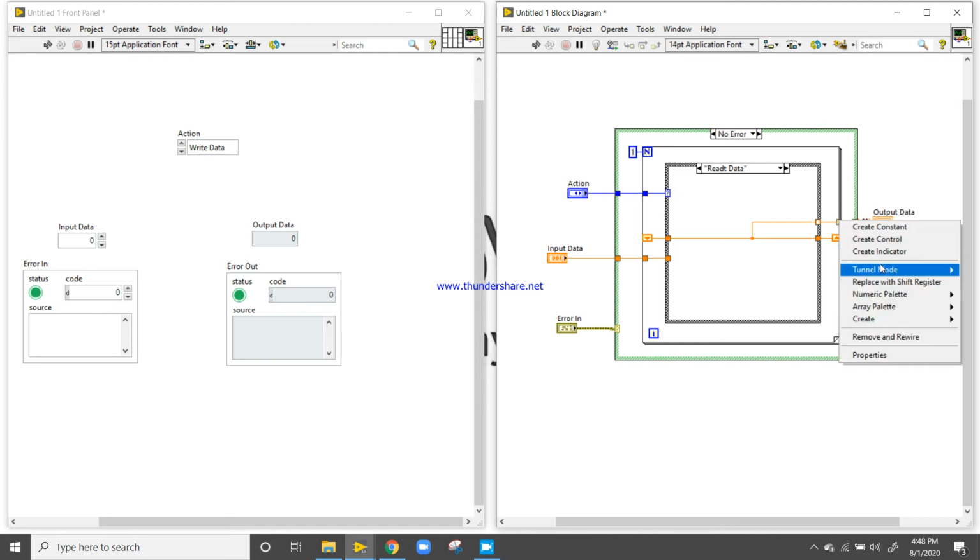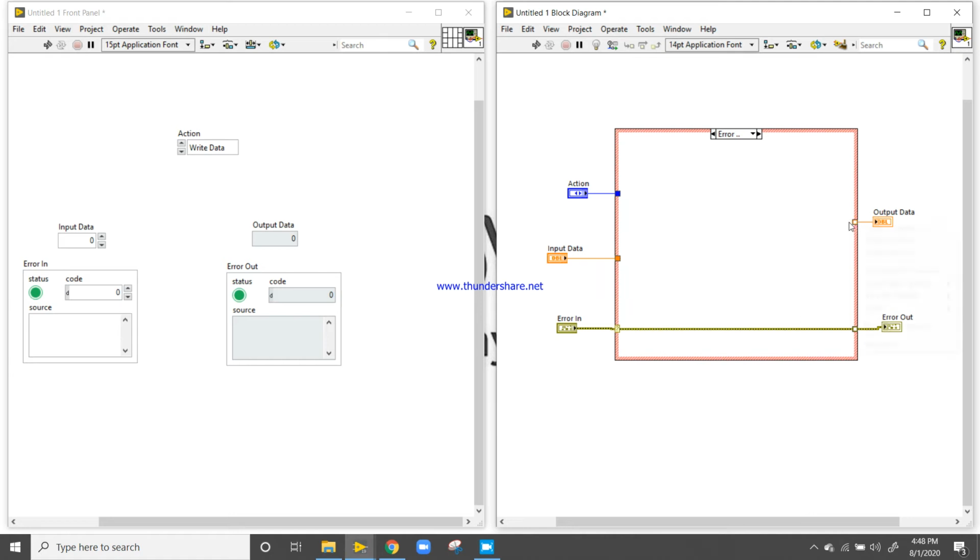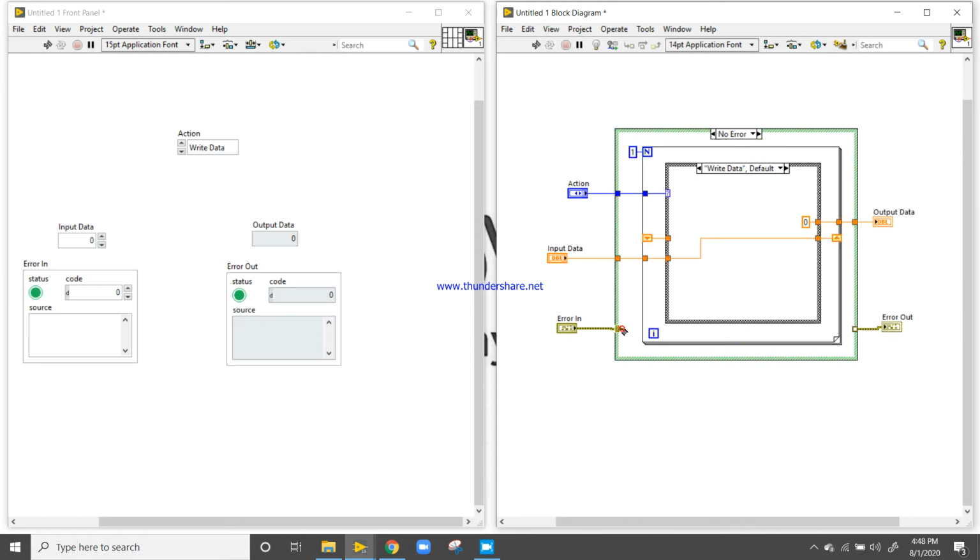Right click, come to tunnel mode and choose last value. In the write data, click here, create constant 0. In the error, right click, create constant 0. Okay, so now let's check. There is one more connection remaining, so connect this one like this.